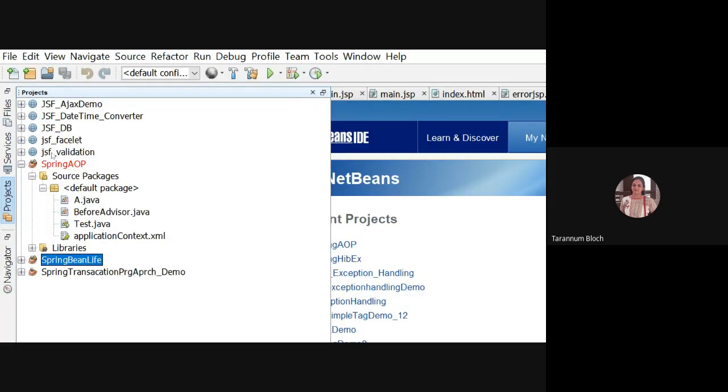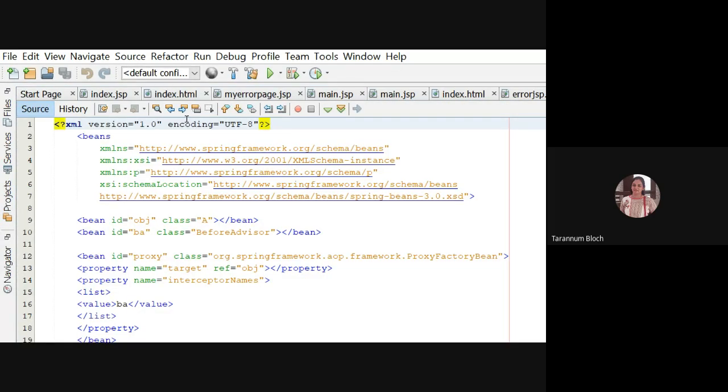So in my application context, which is in the default package, we have given those concerns here. Bean ID OBJ talks about the aspect A. Bean ID BA talks about the class BeforeAdvisor.